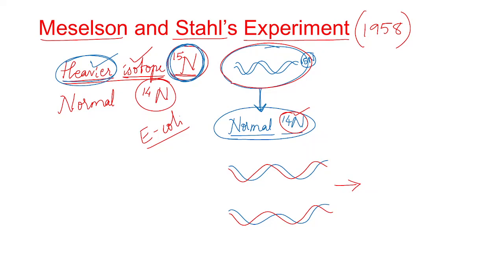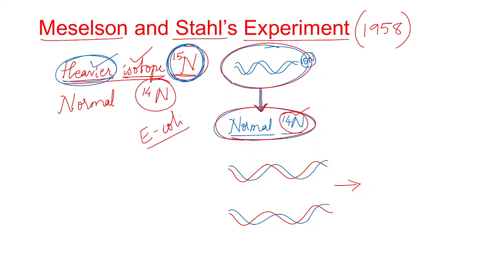Then what has happened? They have transferred that heavier DNA containing bacterial cells into a medium containing normal nitrogen. At that time what will happen? Both the strands of the heavier DNA were separated and the normal DNA strands were formed on them. Next, in the third step,